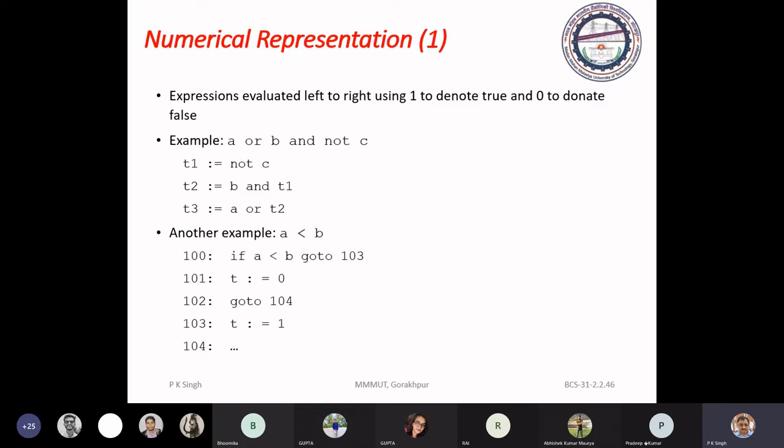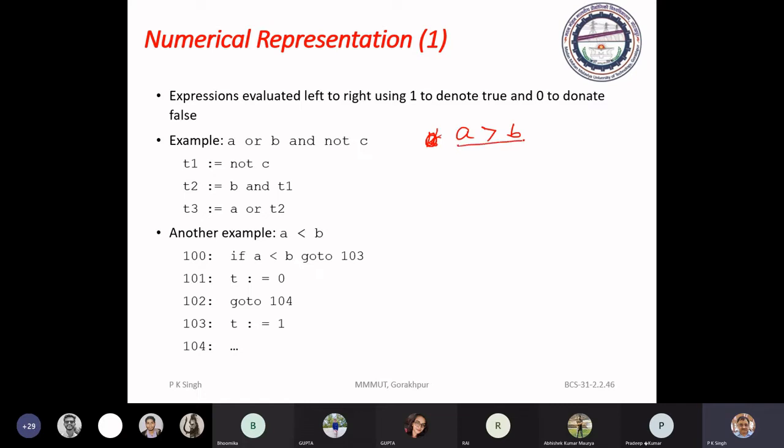So see the translation. Suppose we have a conditional expression if A is greater than B. For A greater than B, it is a simple condition.